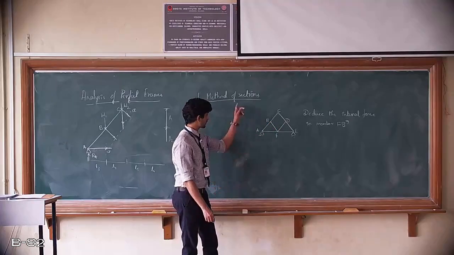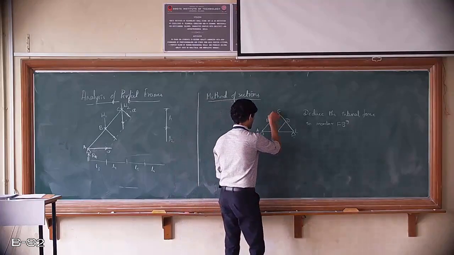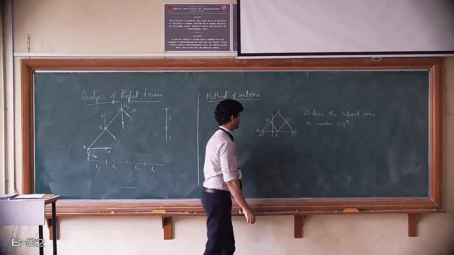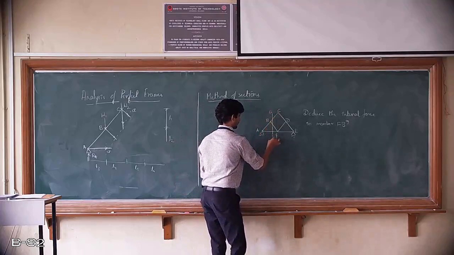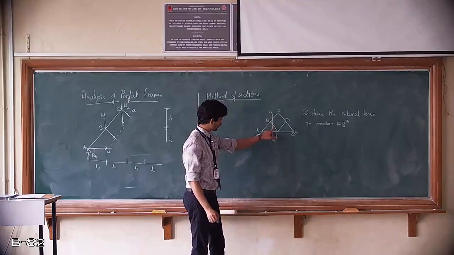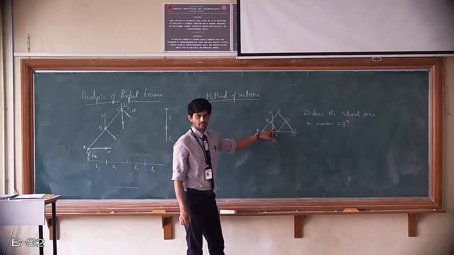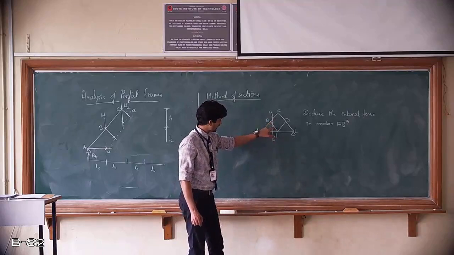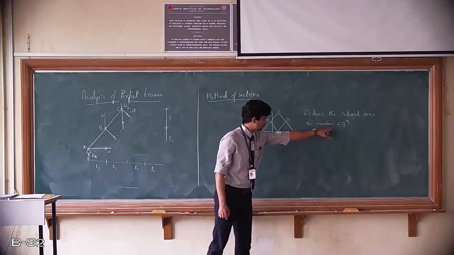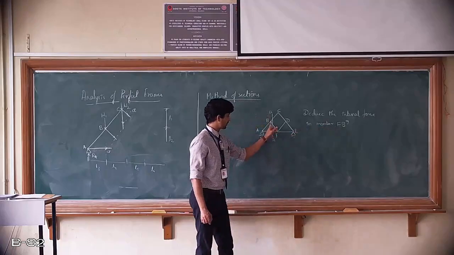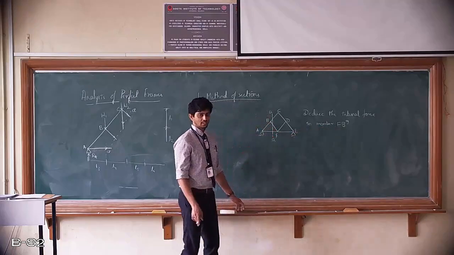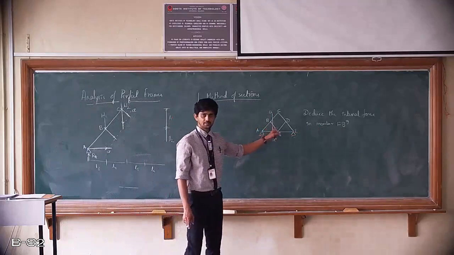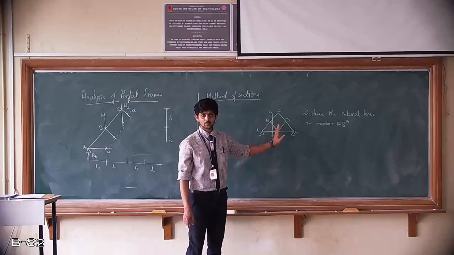But if you use the method of sections, here I am going to consider a section AA that is going to cut that particular element which is of interest. It may cut other elements as well, that is fine, but it has to cut that element which is of interest, that is member FB. It is cutting this particular element FB. But compared to the earlier problem, this is 100% solvable using the basic equilibrium equations.